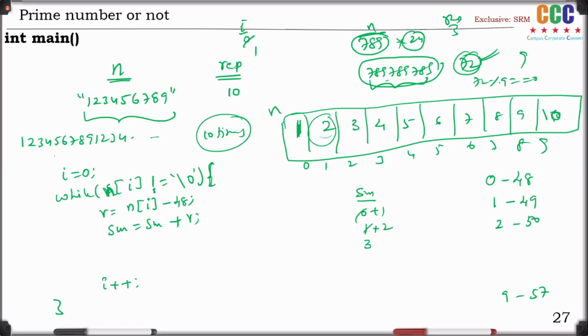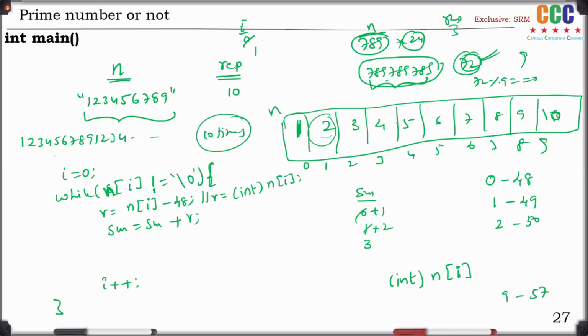Of course, someone saying that we can typecast it like that is in character format. That character format is int of n of i. That's also okay because it is a character format. n of i is 1, that one to be converted to integer, typecast, integer way. Therefore, this line can be taken as n is equal to int of n of i. That's also correct.